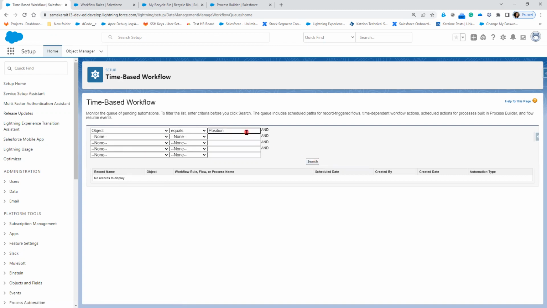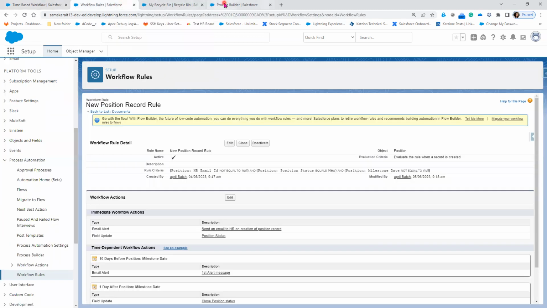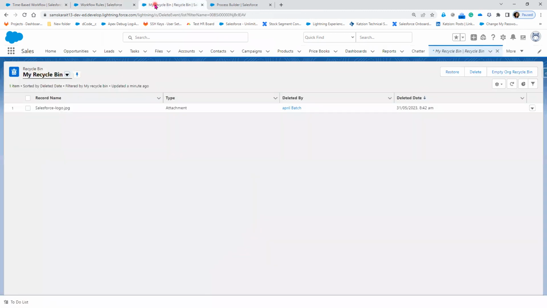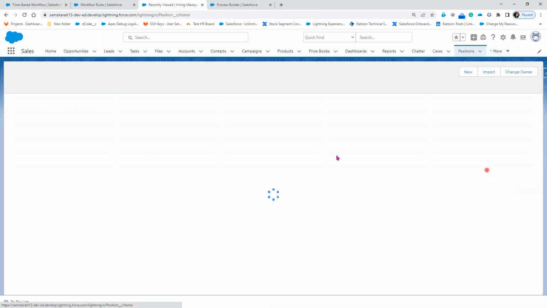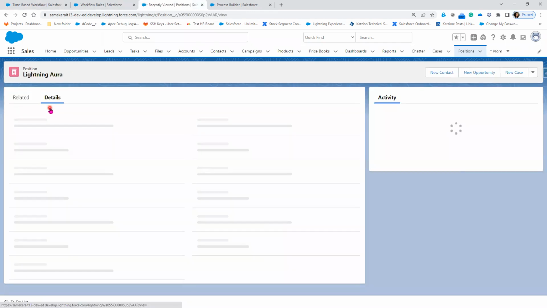Right, so you cannot see anything. As soon as the record is deleted, all the time dependent actions will be deleted. If you revert back again, you cannot even see any time dependent action for that particular record. You cannot see any other actions for that particular record. Now, whatever the position record that we have reverted, Lightning Aura,